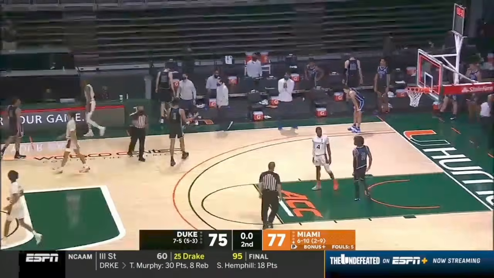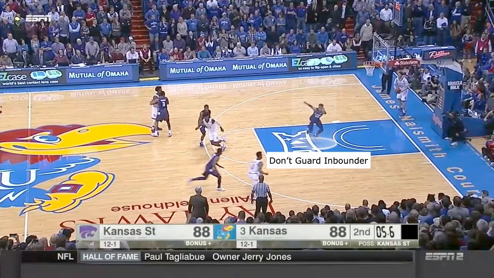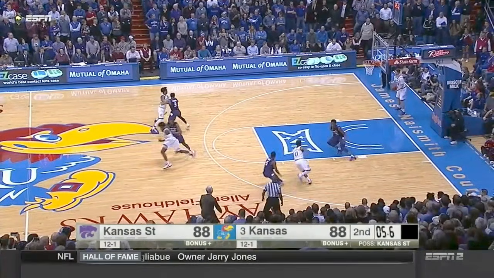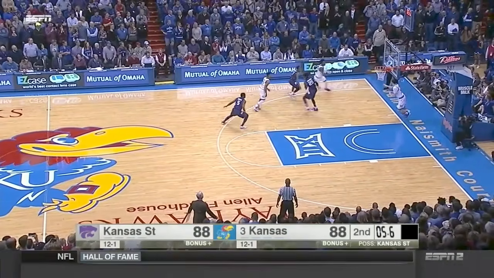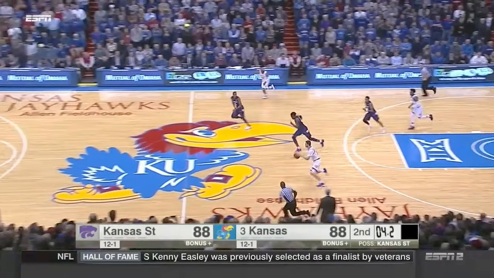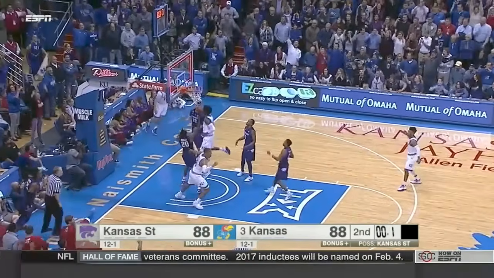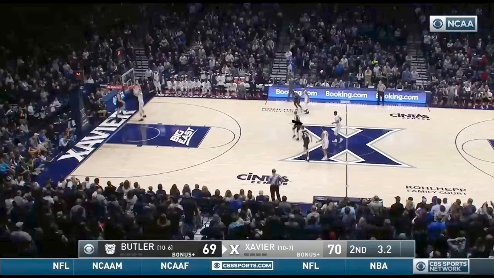So something to always have in your back pocket is, if the opponent doesn't guard the inbounder, knowing how much time is left, you can throw it in and get it right back to him and have him push it the full length of the court. So with 5.6 seconds, there's a dribble and a pass, and he goes 2 dribbles coast to coast and gets it off in time. But if there's 4 seconds or less,